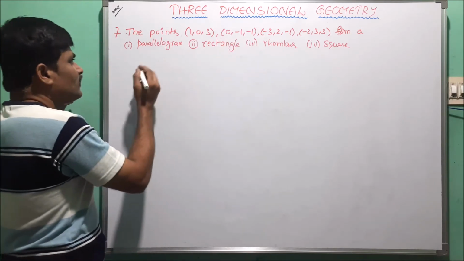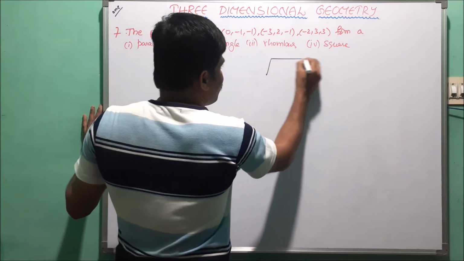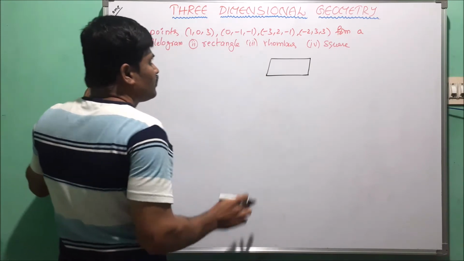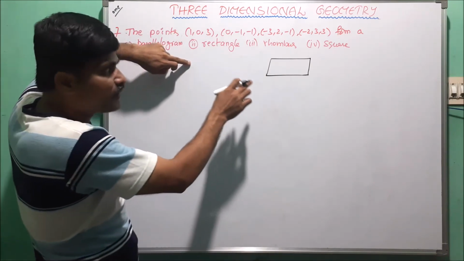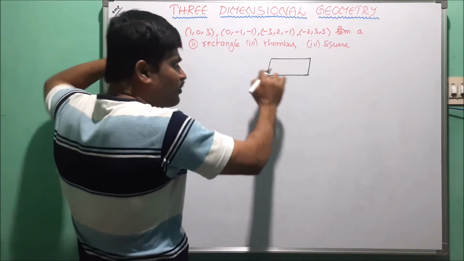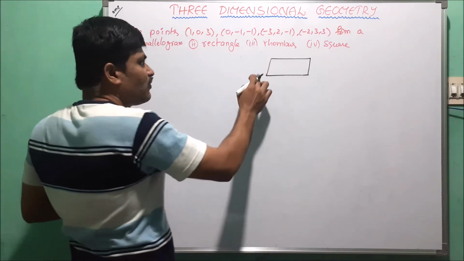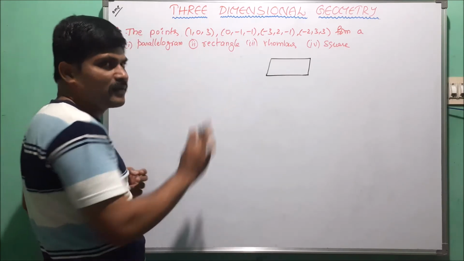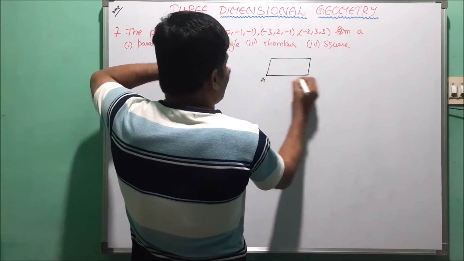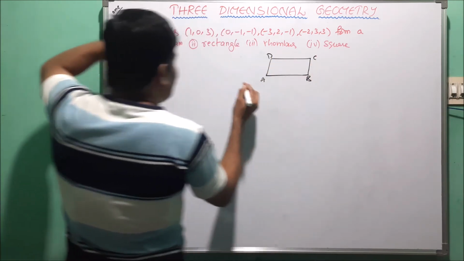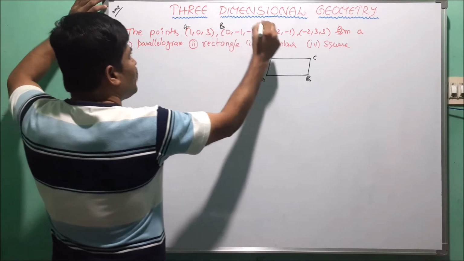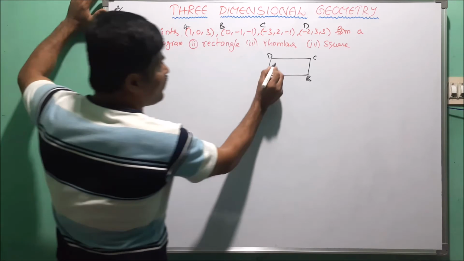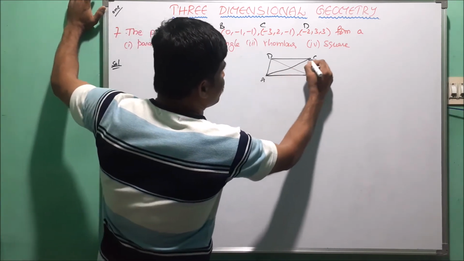First of all we check. First we take the given points as vertices of one polygon. So here this is a quadrilateral. Polygon means quadrilateral, because here 4 sides are there and 4 vertices are there. Therefore it can be taken as a quadrilateral. Now this quadrilateral is a parallelogram, rectangle, rhombus or square. Let it be taken as A, B, C, D. So this is A, this is B, this is C, this is D. Now first we have to check, this is BD, this is AC, the diagonals.